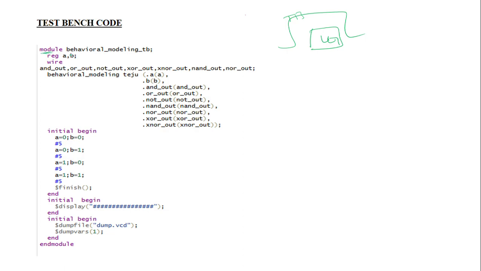It also starts with module and ends with endmodule. Here you also have to give a module name. I simply write behavior_tb as my module name. You already know that